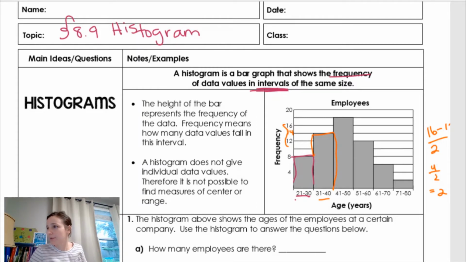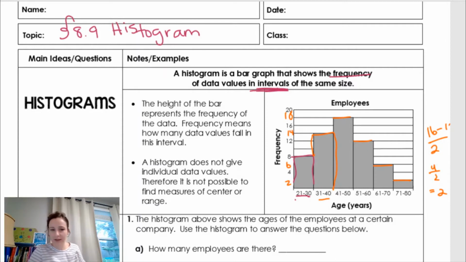If you're having trouble with your intervals or can't figure them out, then please reach out to me, and I can help you with that. There we go. So let me put 14 there, and so on. We add 2 more, so 18 here are between 41 and 50, 12 are between 51 and 60, 6 are between 61 and 70, and 2 are between 71 and 80